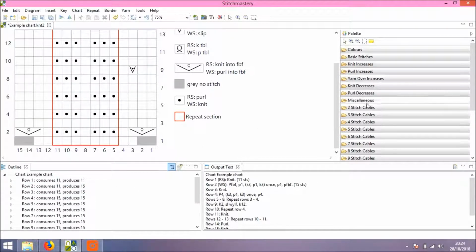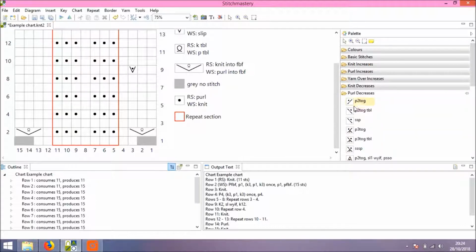But if we pop in, let's say, a spare purl 2 together, that means that at the end of my row 6 I'll have 1 stitch fewer than I started with, which would be fine if the next row was 1 stitch shorter than row 6, but of course it's not.